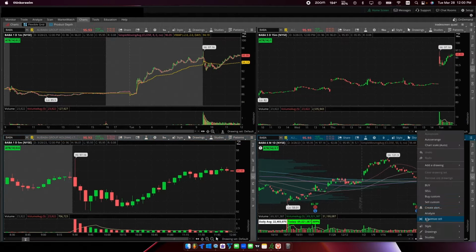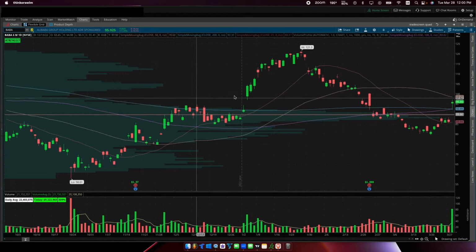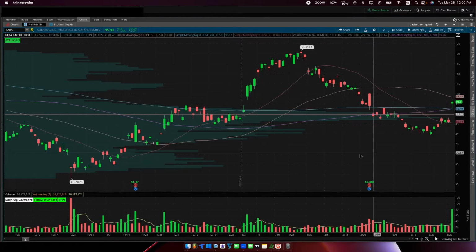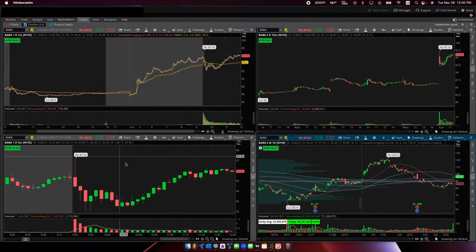So for example, if I open up my daily chart here, I got my 200 MA here in blue, and then I have my 50 here in this beige color. So if I want to add those to my intraday charts here on my 1 minute and my 5 minute,